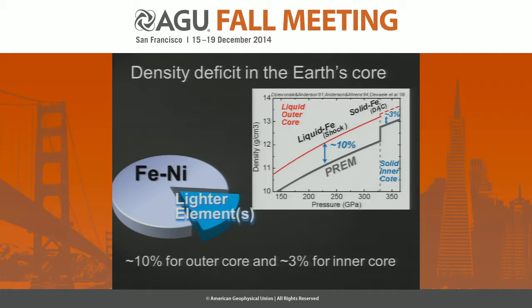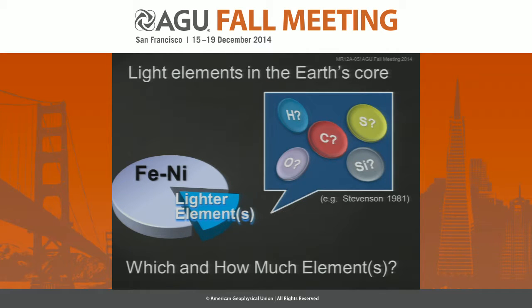So, consideration of the density of the core. The seismological observation PREM shows the liquid iron is 10% denser than the Earth's outer core. This shows some lighter component should exist in the core. So, on the basis of geochemical, cosmochemical, and geophysical observations, those candidates are proposed: hydrogen, carbon, sulfur, oxygen, silicon.